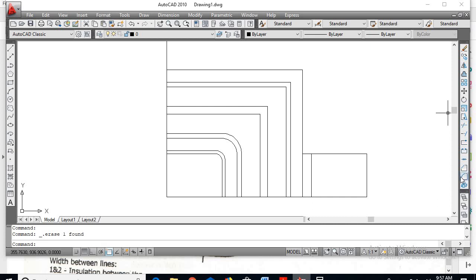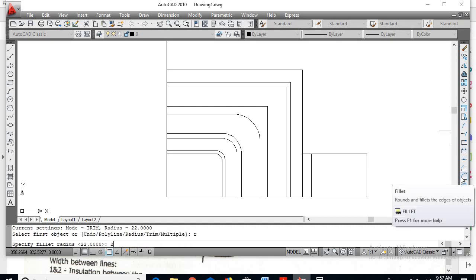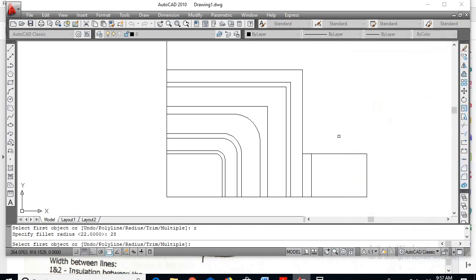Next go for fillet, radius R, enter. 22, enter. Select these two lines. For fillet, radius R, enter. 28, enter. Select these two lines. Next go for fillet, radius R, enter.